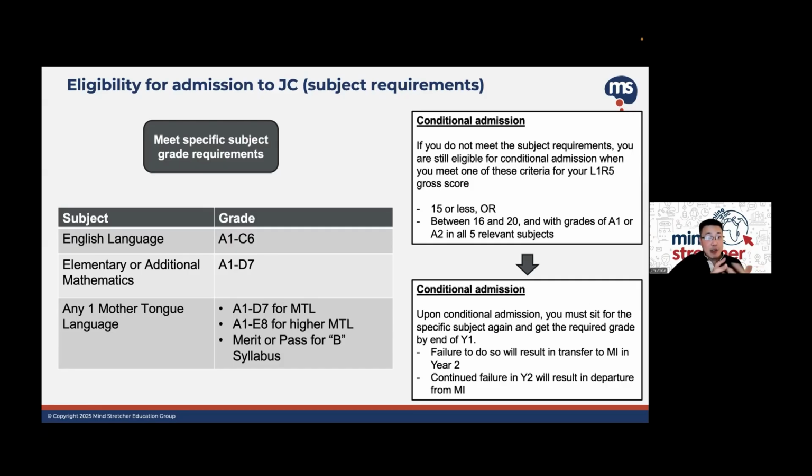The second one is, in case you're wondering, let's say if you don't make it to JC and you go to poly, is there a possibility of then transferring to JC? That one, again, is not the norm, but there have been cases where that's been done before. So in the first year of poly, if you fall under that category, where you have a bit of doubt whether you can make it in, you're not that certain, there are cases whereby people go to poly, then after the first year of poly, they go through the JAE again, right?